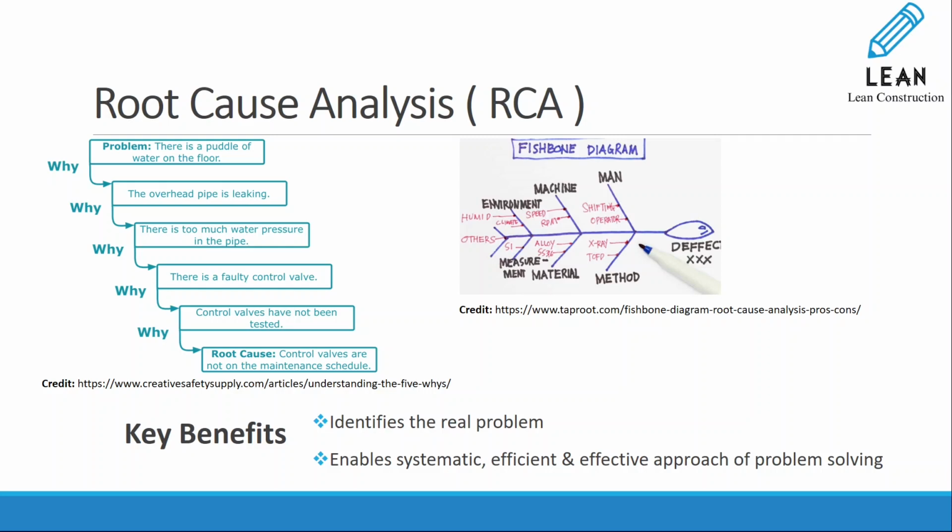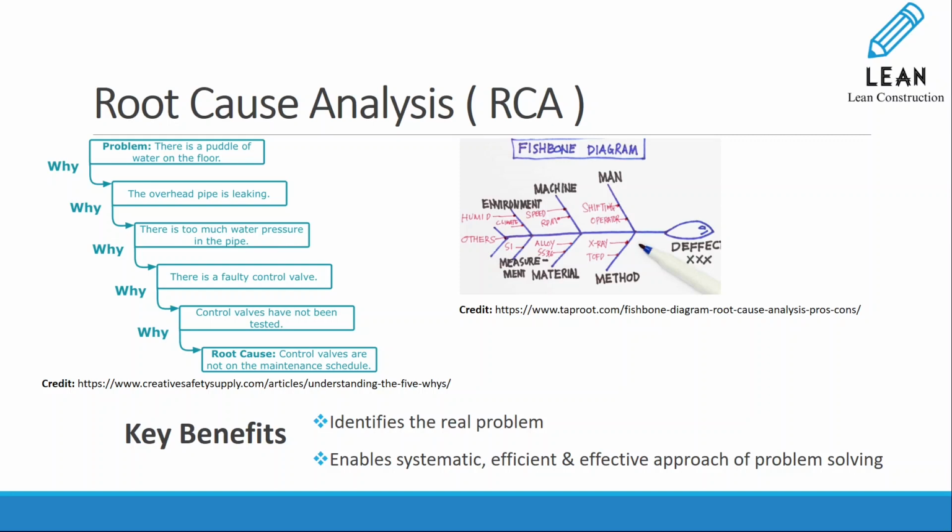Root cause analysis. In this discussion, we'll delve into the topic of root cause analysis and explore two simple tools, five whys and fishbone diagram. Let's take a look at some examples to gain a better understanding. The five whys technique is an iterative, interrogative process used to identify the root cause of an issue. Essentially, you ask why several times until you arrive at the underlying cause. While it's referred to as five whys, the actual number of iterations can vary. However, in most cases, it's usually around five.